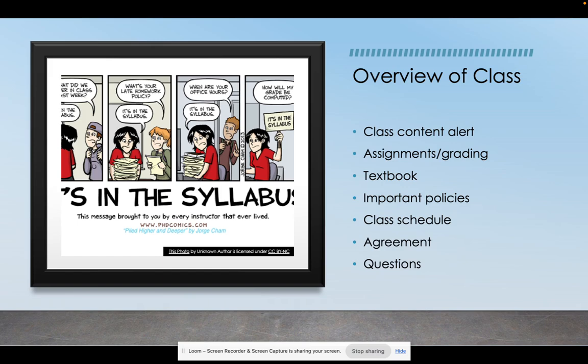end of the semester. So at the end of the semester, you'll have 50 points that are counting toward your chapter reviews and 50 points that are counting toward your in-class free writes. So there'll be 5 total. They're worth 10 points. And they're sort of sporadic throughout the semester.